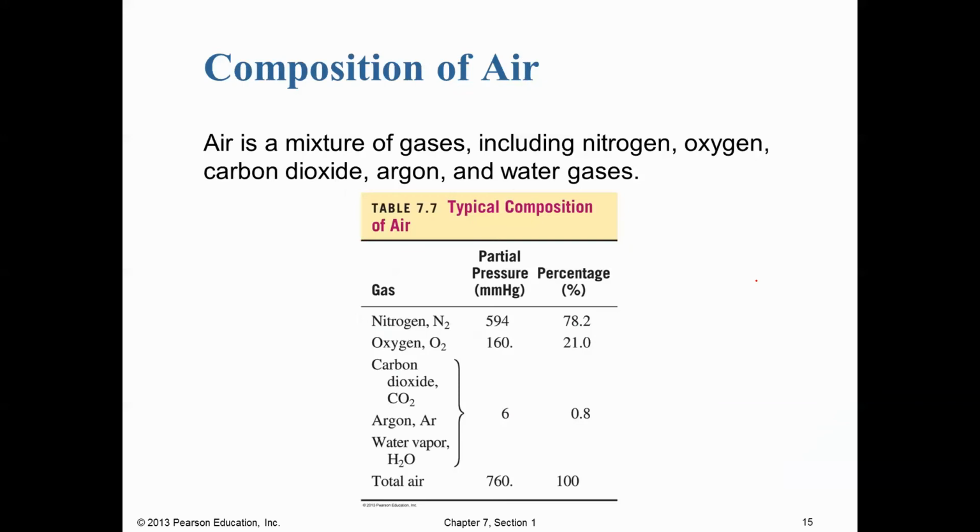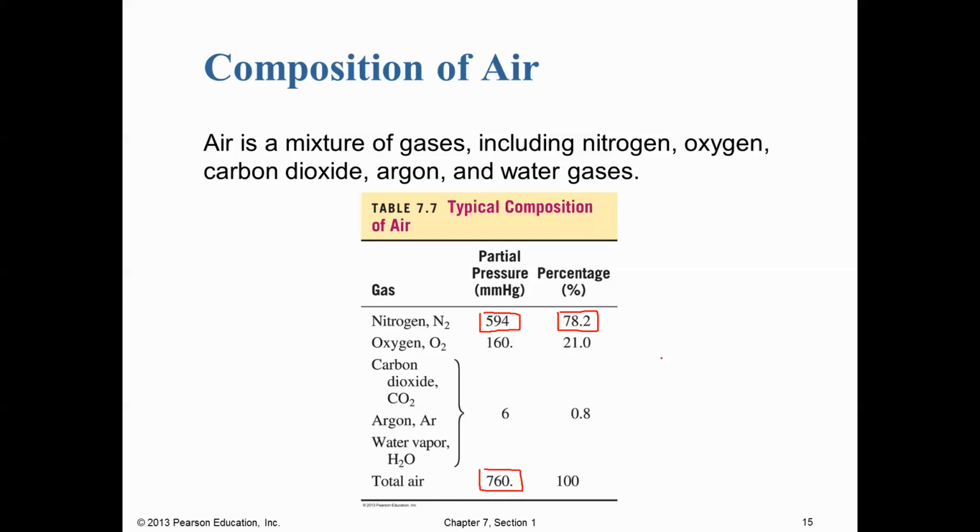We're going to take a look at air. Air is, of course, a mixture of gases with which you're familiar. The total pressure of the air is 760 torr, or millimeters of mercury, at sea level. So what we see is in air, 78.2% of the air is going to be nitrogen. And what that means is 78.2% of our 760 millimeters of mercury is going to be the pressure of the nitrogen. So again, if 78.2% of our gas mixture is nitrogen, 78.2% of the pressure will come from the nitrogen,